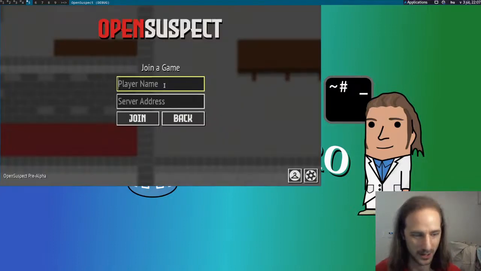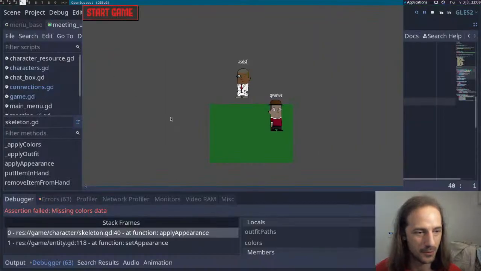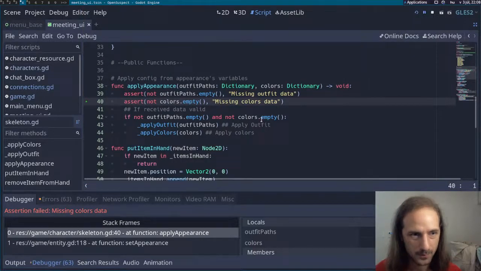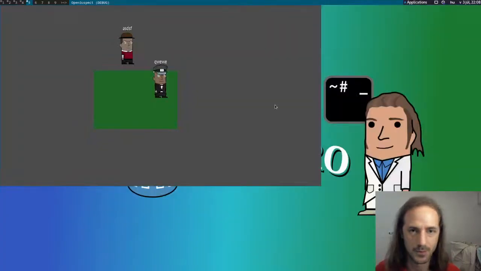So we can join the game. And something broke. Missing colors data. Yeah. The apply appearance on the, what is this, the character node, a skeleton node is not ready for this. Well, I guess maybe it's time to change it,